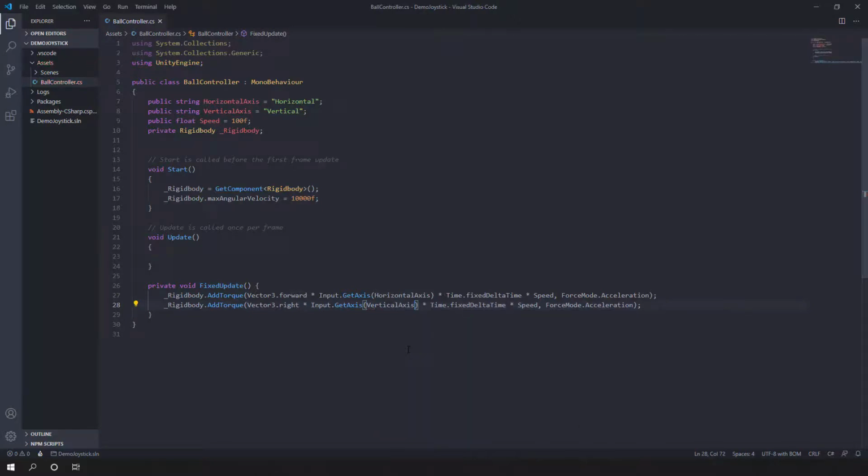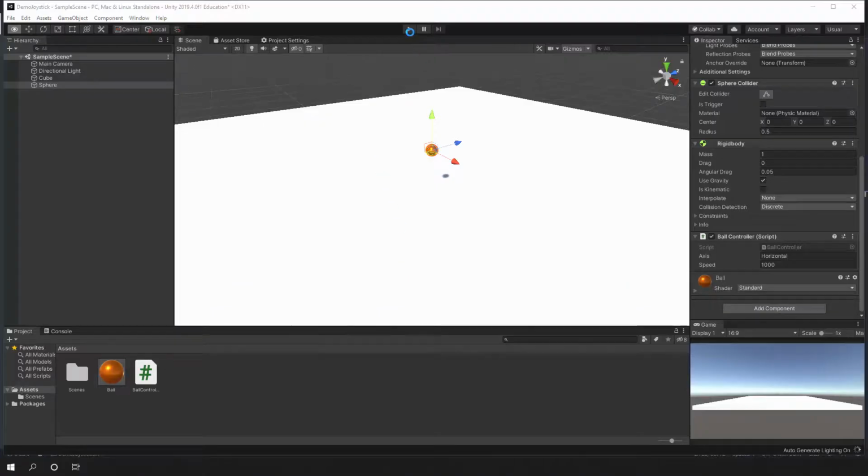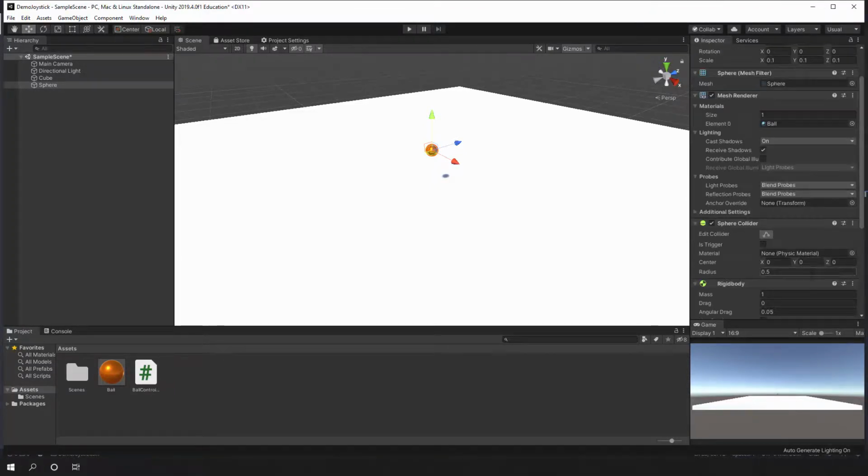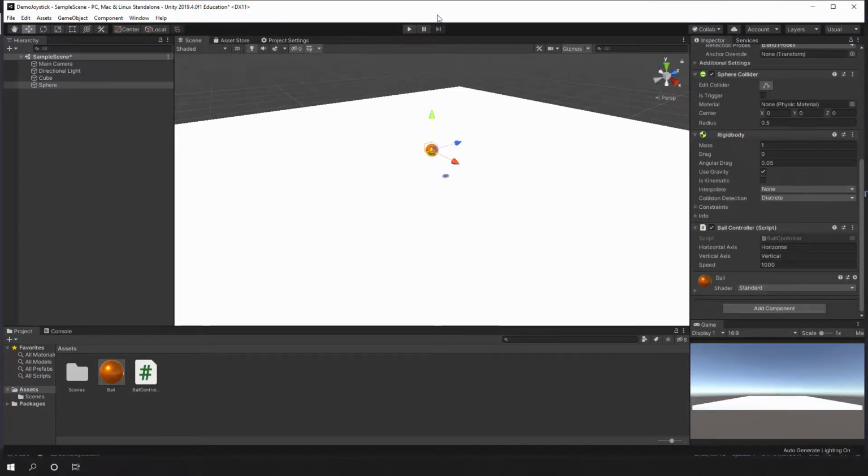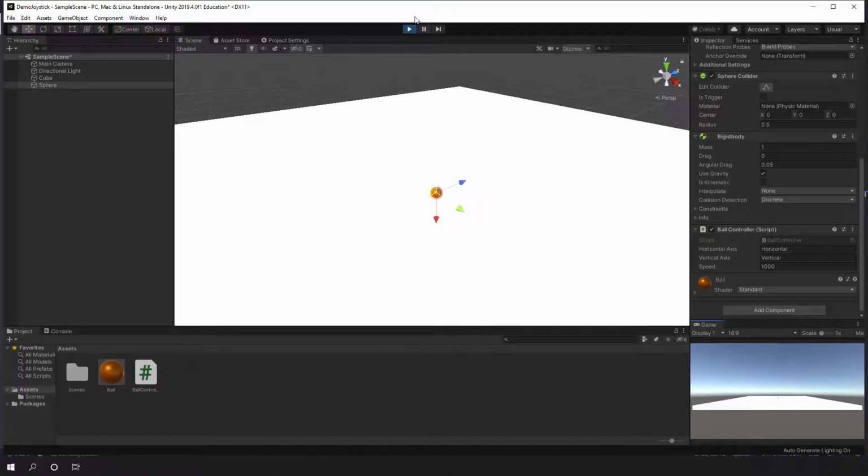I can simplify this code if I want. For now, let's just make it work. You can see it says horizontal and it says vertical. So if we go left, right, forward, backward, we can be moving around.